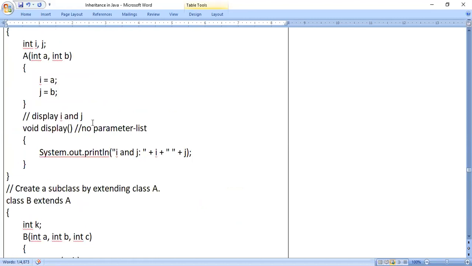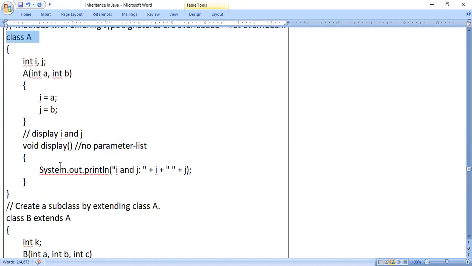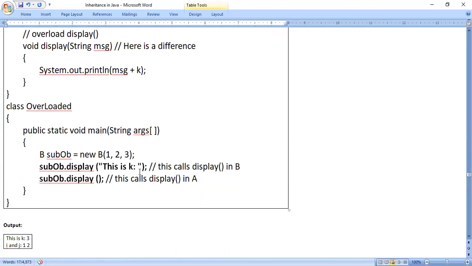Then you go to the method where there are no parameters, the display method present in class A, and this method is executed. So by using a subclass object, we can call the method present in the subclass and the method present in the superclass. When you pass a parameter, it goes to the subclass method because a parameter is there. When you write without parameters, it goes to the superclass method because there is no parameter.